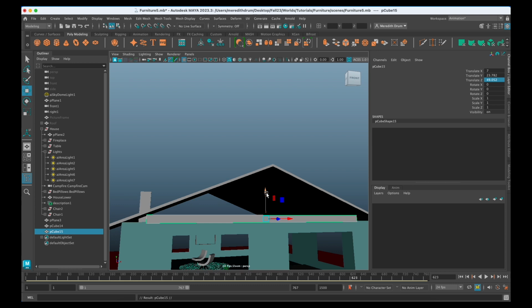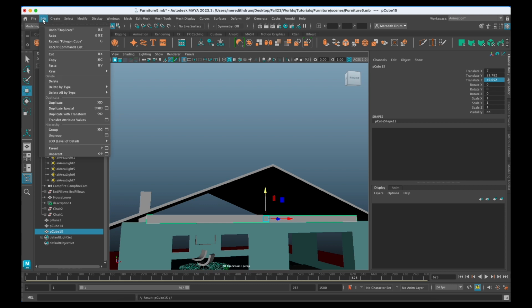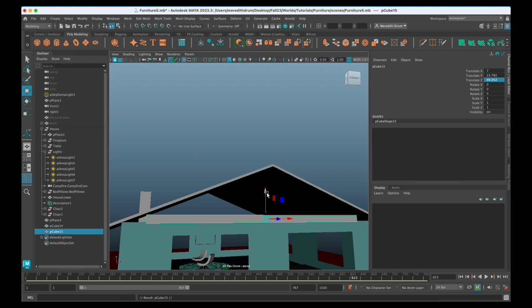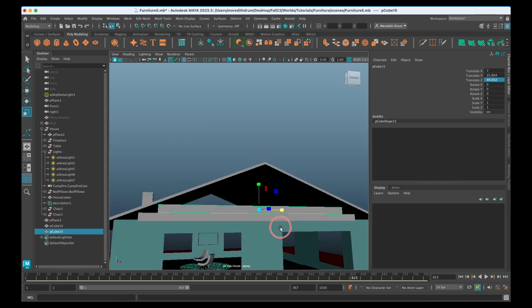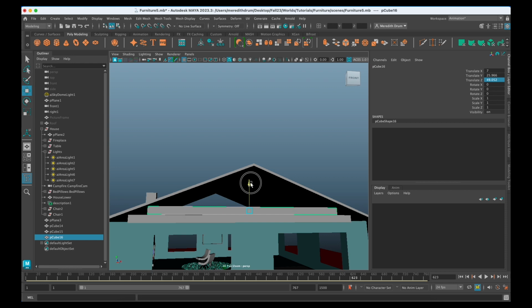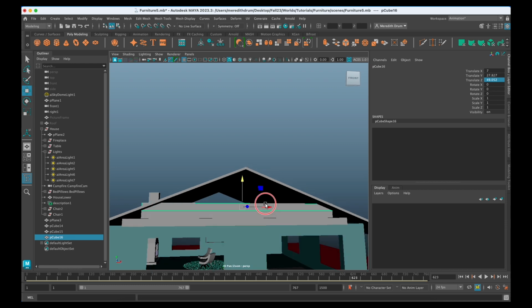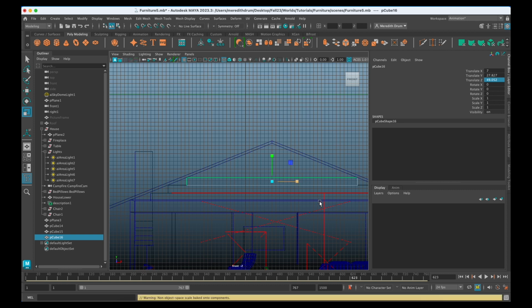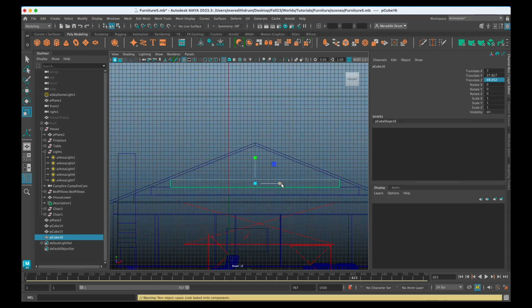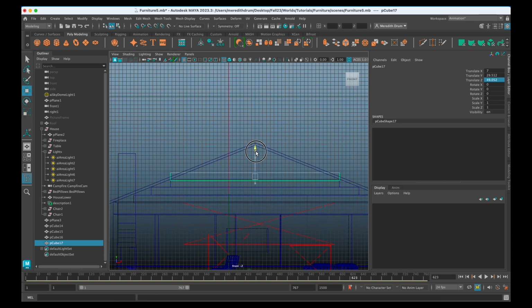Duplicate it by pressing Command D, or you can go up to Edit, Duplicate, and then let's move the duplicate up and have it sit on top of it, but it needs to be less wide. So come in a little bit, duplicate it up, and you could do this from the front if you want, so that you make sure that they are touching one another. I'm not going to be really exact. You'll see we'll put the face board here to have weathering.